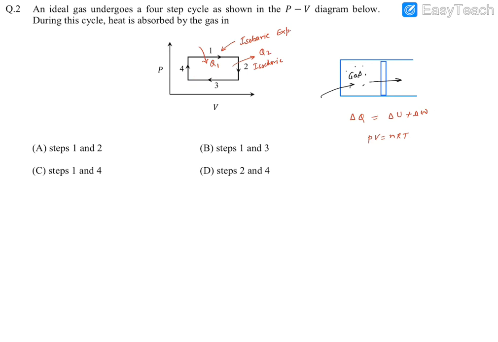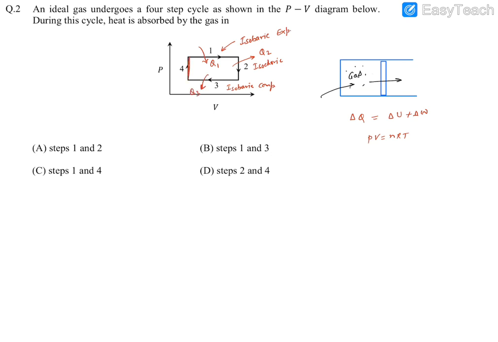Process 3 is isobaric compression. When you compress this piston, if you compress this gas basically, its temperature rises and heat comes outside in normal situations. You'll find here P remains constant and it is being compressed. So we need to talk in terms of heat. When you compress a gas, work is being done on the gas. So you'll find from here the heat is going to be rejected. We can call it Q3.